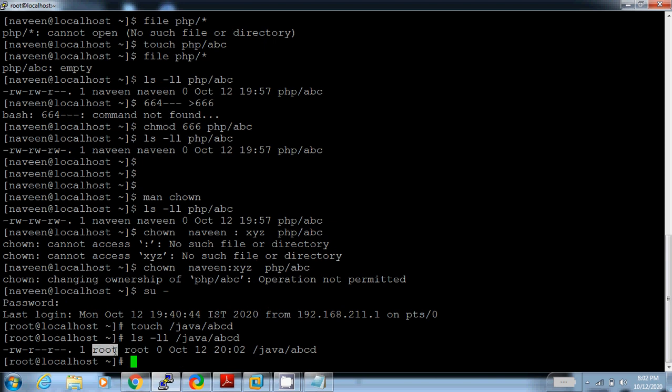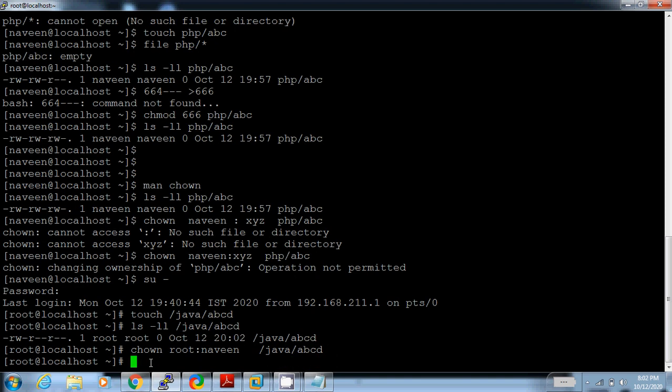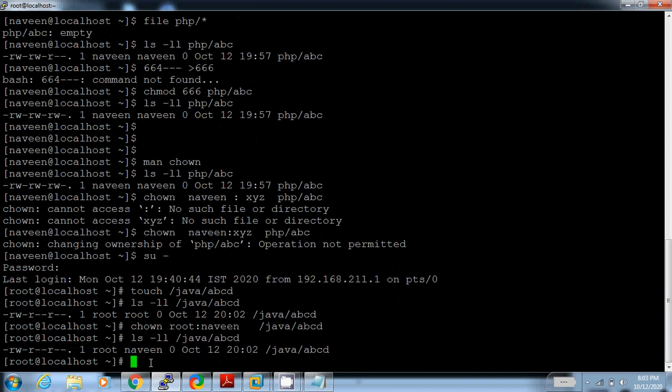Now file owner is root and group is root. Now change the owner. chown root to Naveen, and file is Java ABCD. Now check the permission of file.